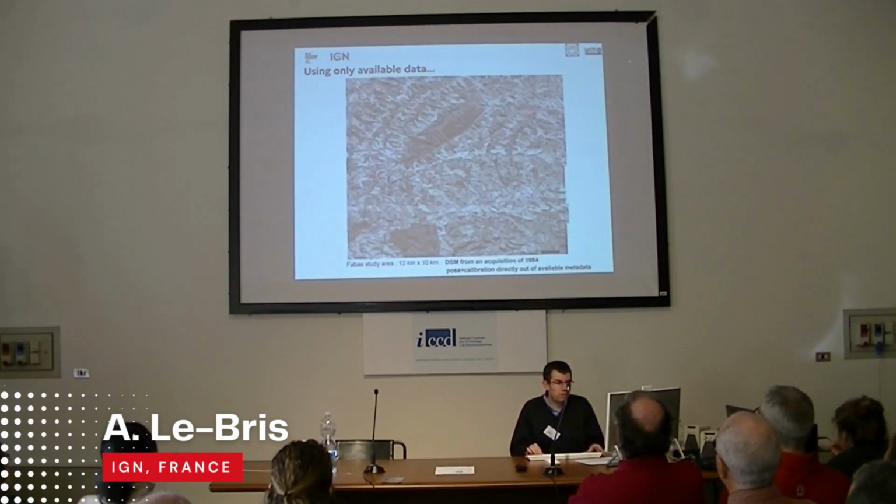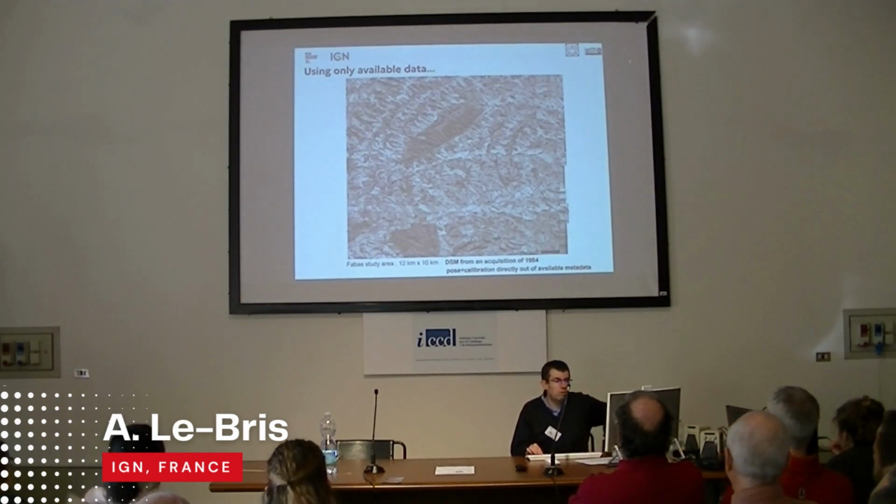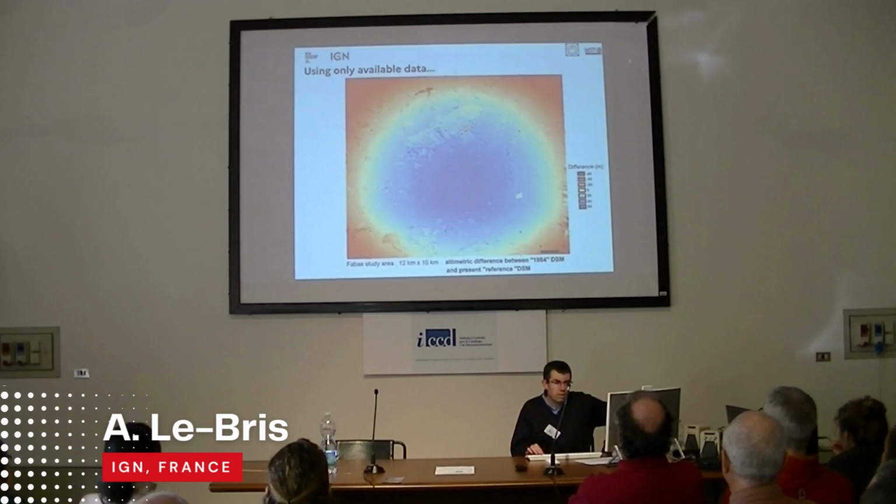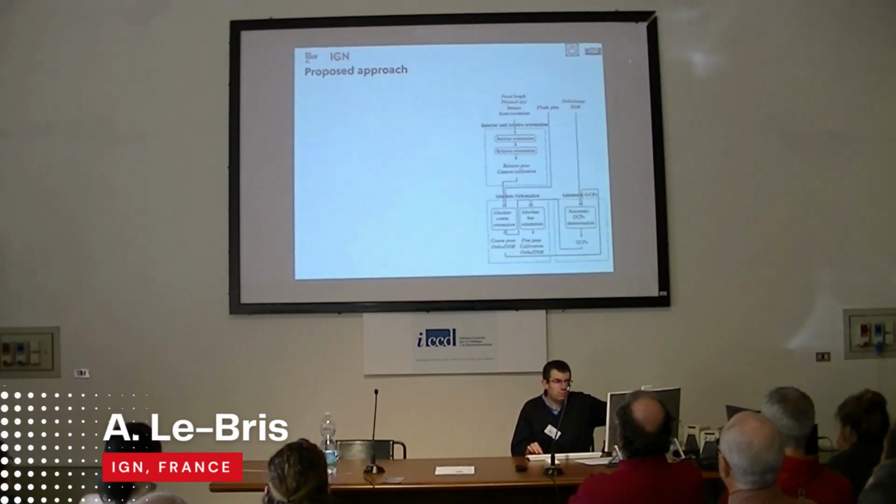When considering the DSM calculated using georeferenced images with only coarse orientation, we obtained these beautiful results, but exhibiting a strong bowling effect. So here we also have a necessity to use ground control points to refine